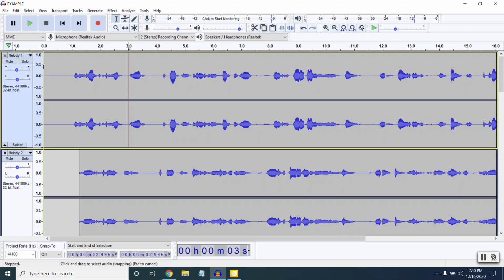If I wanted to start from the beginning, I'd have to click over at the beginning, and then I would either hit play or my space. If I wanted to start in the middle of a song, I would click in the middle of a song. One thing that's really helpful with this, if you just want to play one part of the song, not the whole thing, is you can highlight and click play or spacebar, and it will just play the